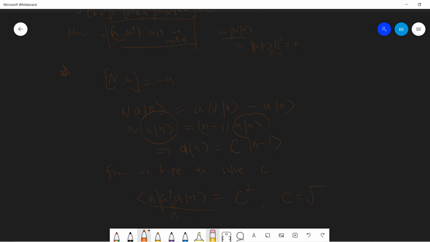So C is just the square root of n, right? So we get a n equal to square root of n times n minus 1, and you can prove that a Dagger n will be square root of n plus 1 times n plus 1. Okay, so that's our